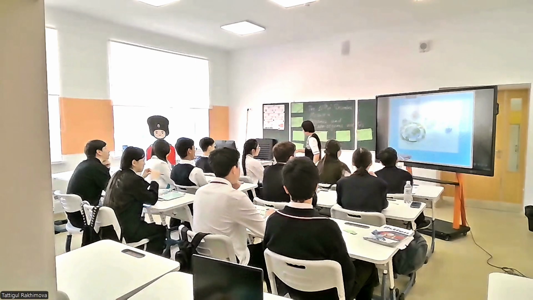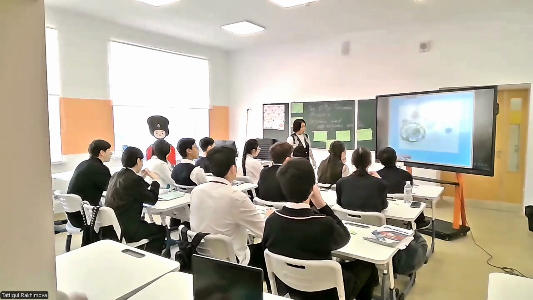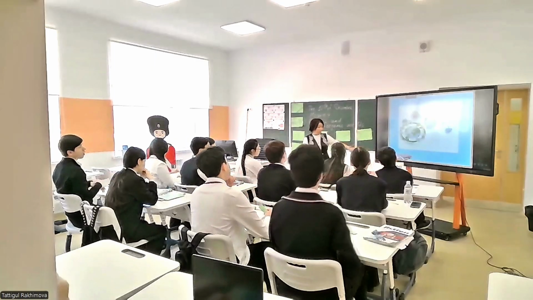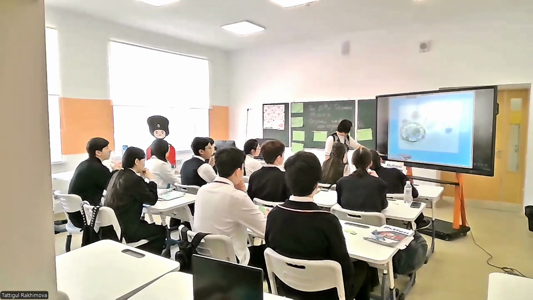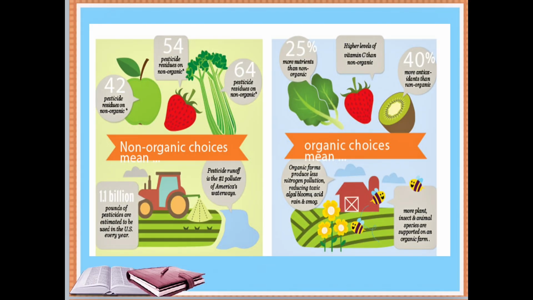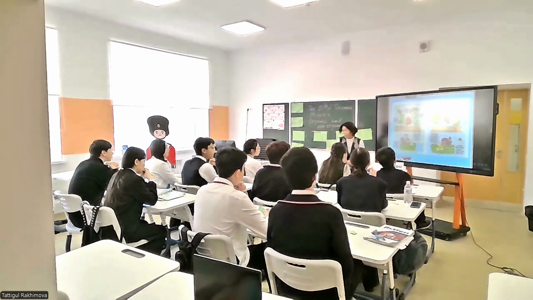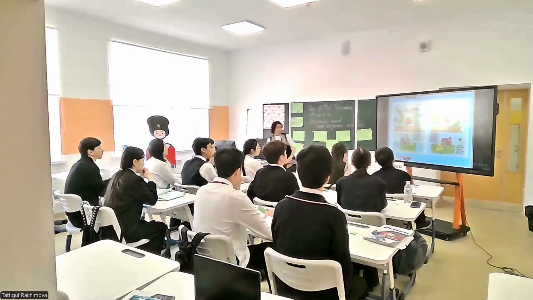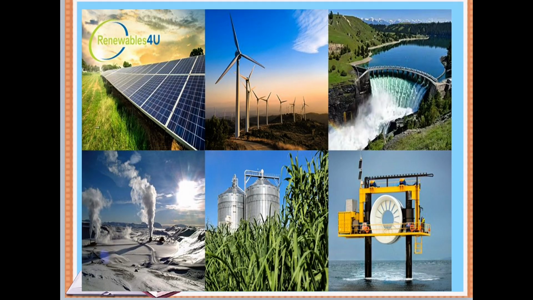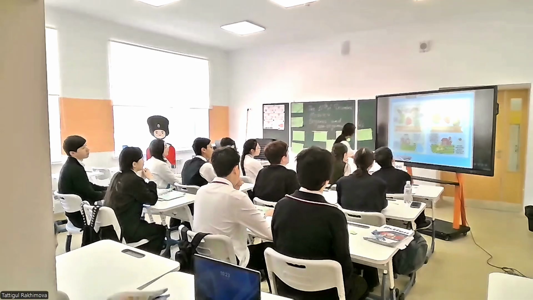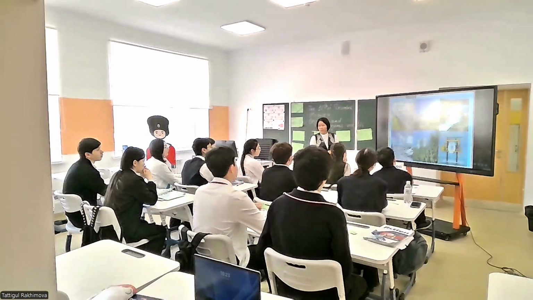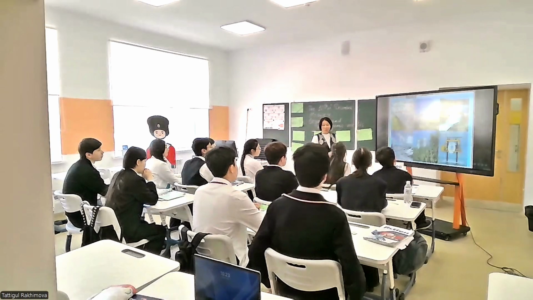What do you see in the picture? Natural resources, okay? Solar system. And here, what do you see? Yes, I got it. Non-organic world, and here what do you see? Types of natural